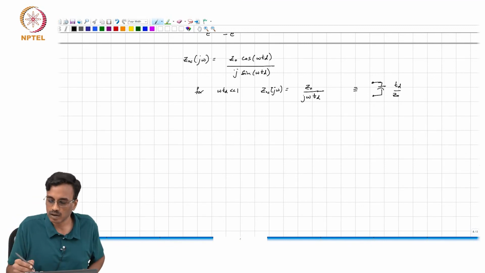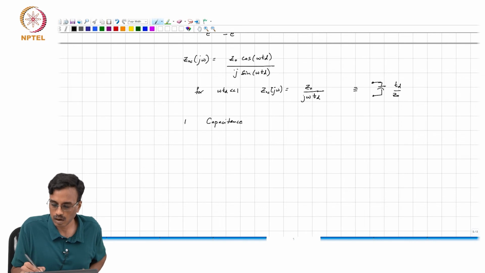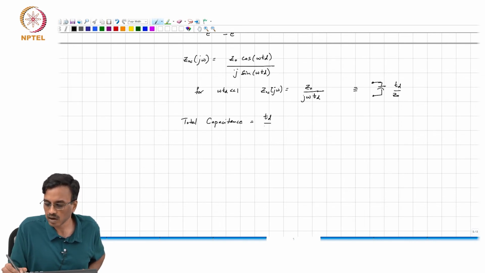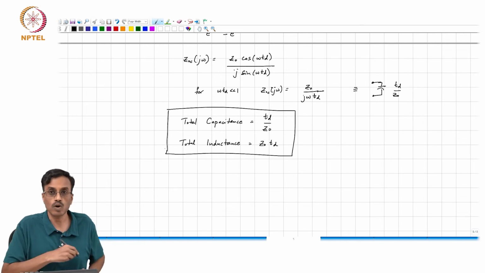So, therefore, the capacitance is TD over Z naught, the total inductance is Z naught times TD, right. So, these are good relationships to know,